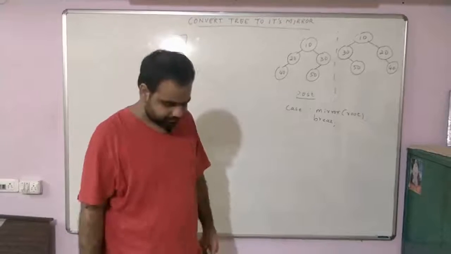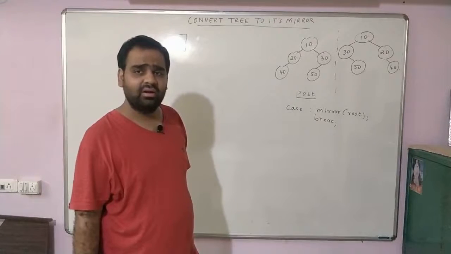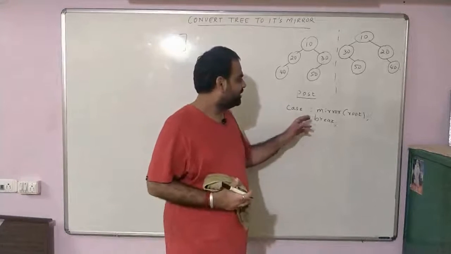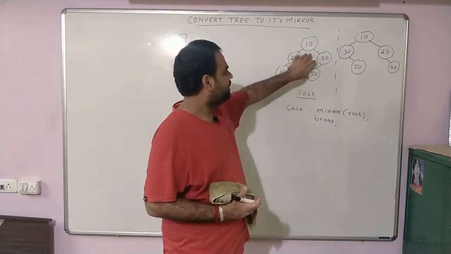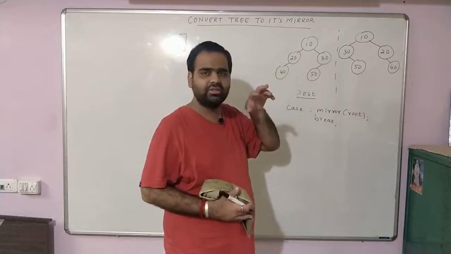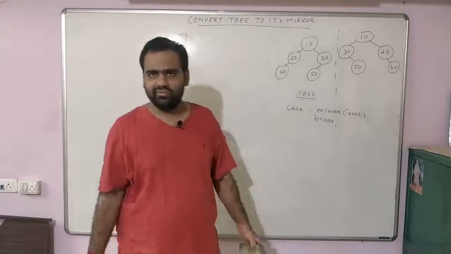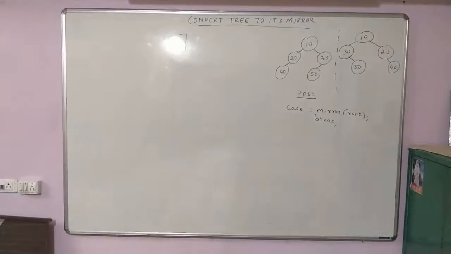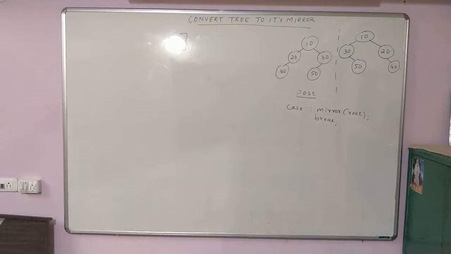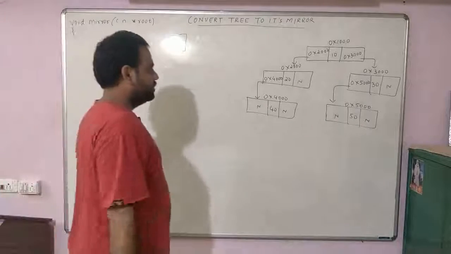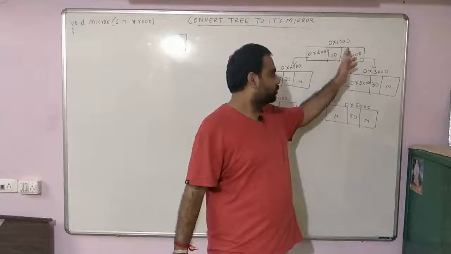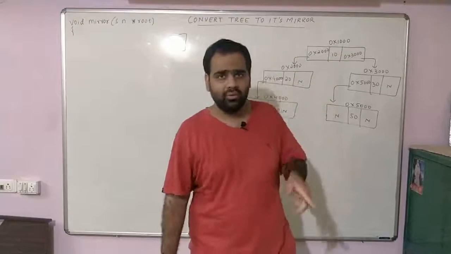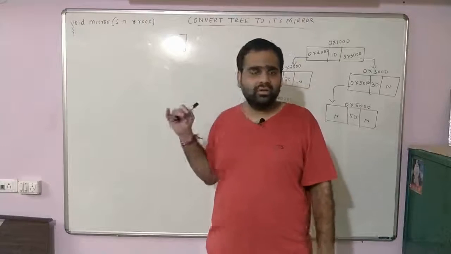Now let's see how do we convert a tree to its mirror. Now for conversion of a tree to its mirror, the best thing is if I do this in the physical representation, you will understand better. Therefore, let me write the physical representation of the tree. Suppose this is a tree with this as the root pointer and this is the physical representation. We want to convert tree to its mirror, and we will do it in the post order fashion.